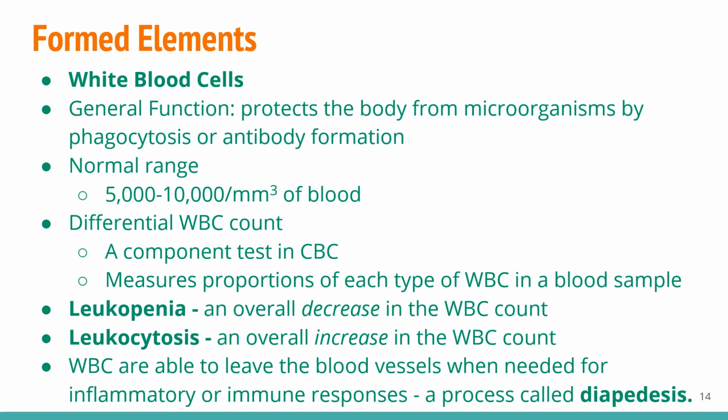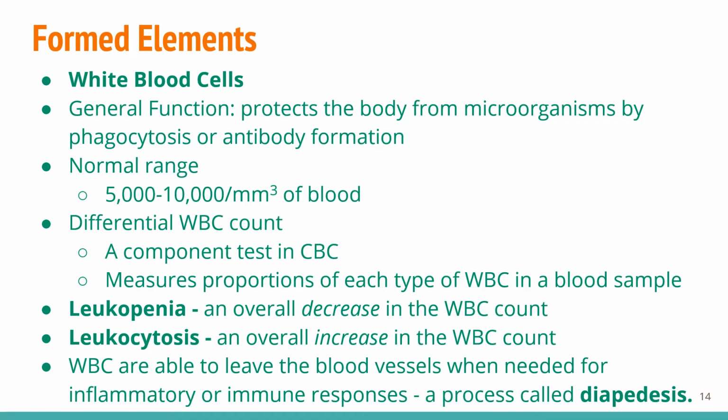All right, white blood cells. When you think of red blood cells, think about oxygenation. White blood cells, I always think about infection. Those are my soldiers, basically my infection fighters. Their general function is to protect the body from microorganisms by phagocytosis or by forming antibodies. And you have a normal range of about 5 to 10,000